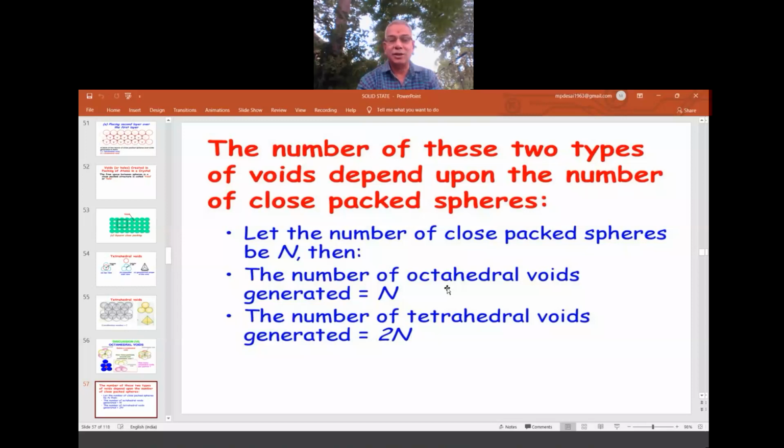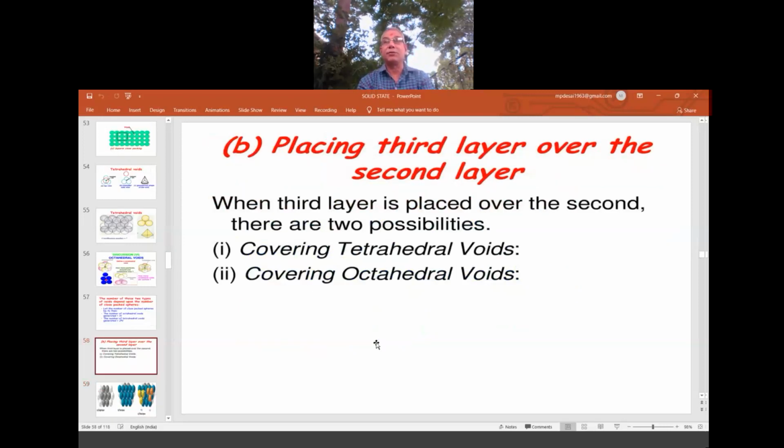So this is all the work they have done. Once again, this slide is very important. This information is very important. The number of octahedral voids is equal to the number of particles going for the packing, and the number of tetrahedral voids is twice the number of particles going for the packing. Symbolically, let the number of close packed spheres be n, then the number of octahedral voids is equal to n, and the number of tetrahedral voids is equal to 2n. This you remember, because we will use this knowledge for the calculation part in our forthcoming sessions after the completion of this chapter. So we start some selected numericals.